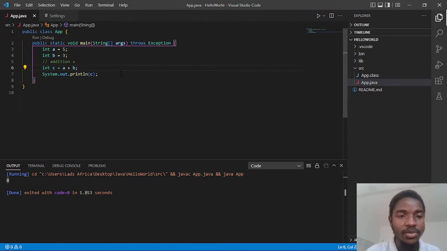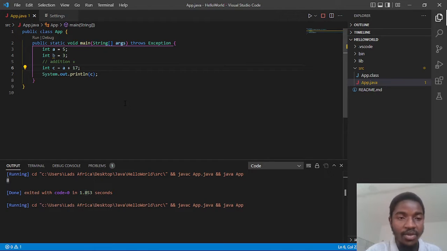So we are not limited to only just adding variables to variables, but we can also add a value to a variable. To say this is a plus, and then probably 17, and after running this, well, 17 plus 5, you get 22, just like that. All right. So the next